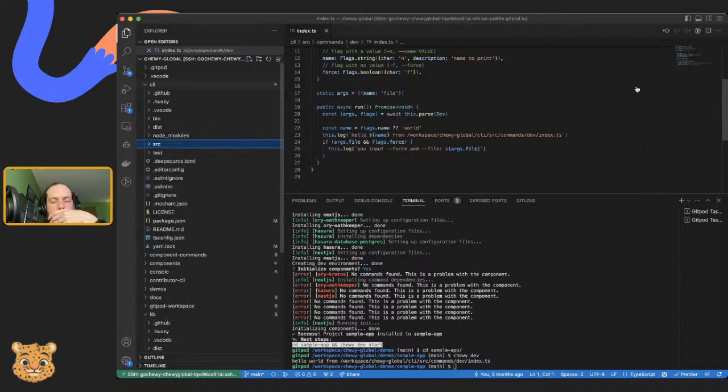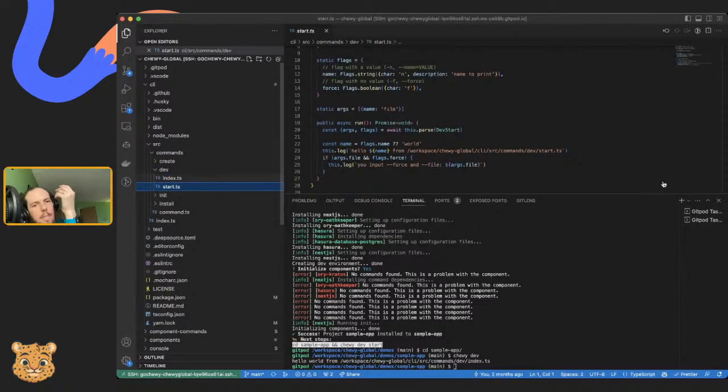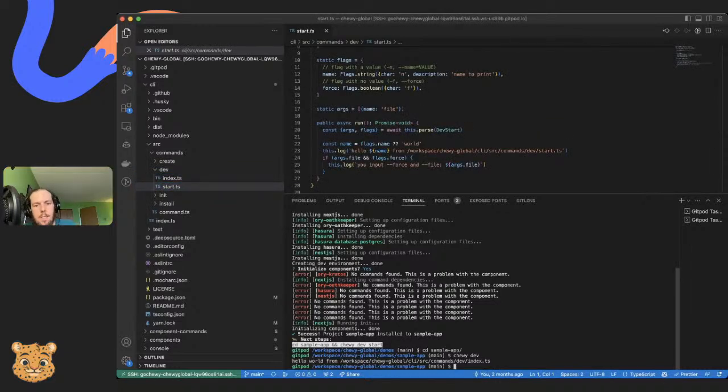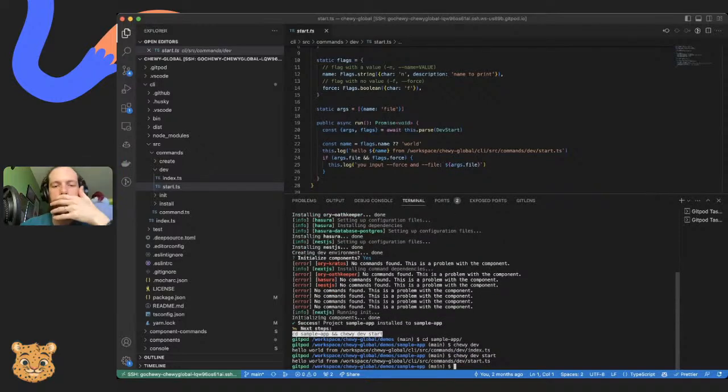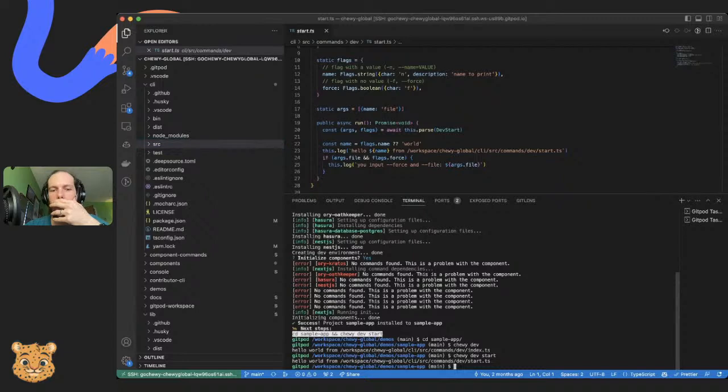So I don't actually have that set up here. I just prepped those files, but I didn't quite get around to it. Dev start, dev index, I feel like index should call start. True dev start. So that is doing that, which is good. Okay. I think what I was doing before